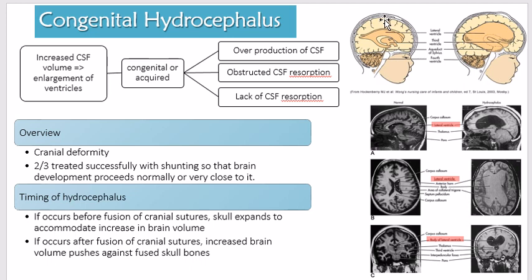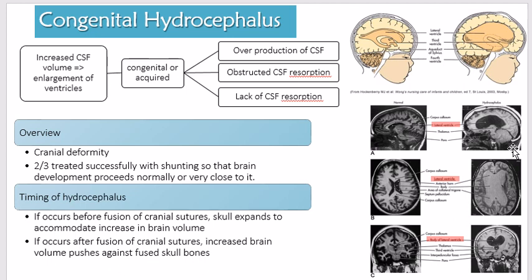So sometimes it happens at the age of 2, or it can be a little bit earlier or a little bit later. So timing is obviously very important, because if the cerebral spinal fluid continues to increase after the sutures have fused, then we get increased brain volume pushing against fused skull bones,